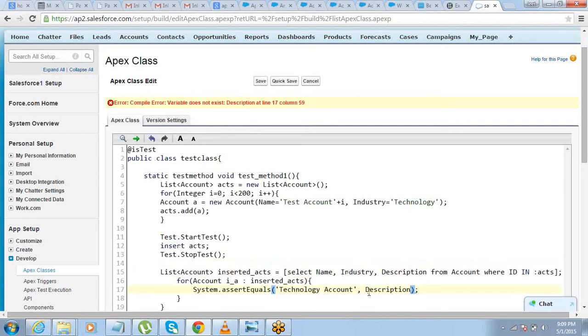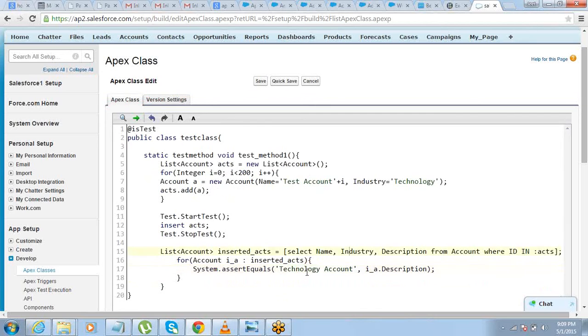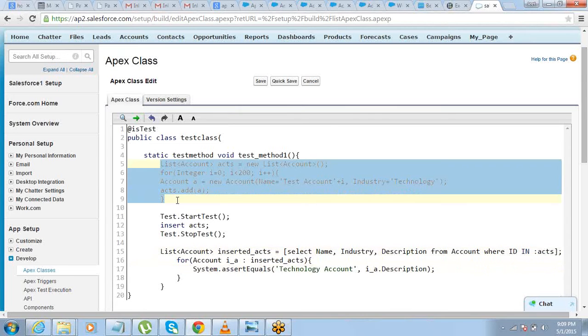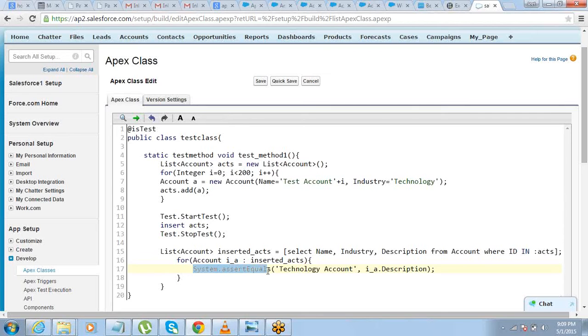Sorry, ia.description. For this record, if the description is equals to technology account or not, that is what my trigger is supposed to do. All right. So here is the test method for my trigger, the one that I've written. All right. So I'm testing it for bulk records. I'm checking also whether the results as expected are coming or not.